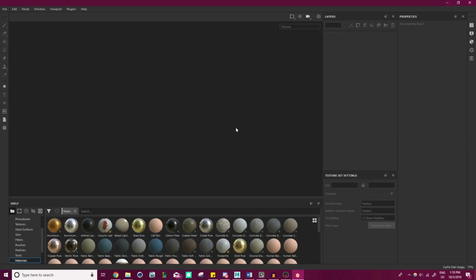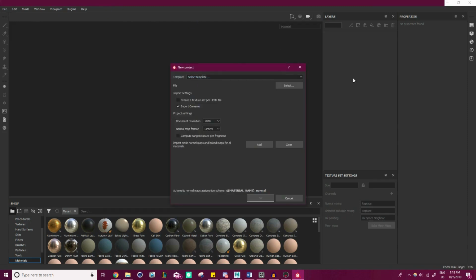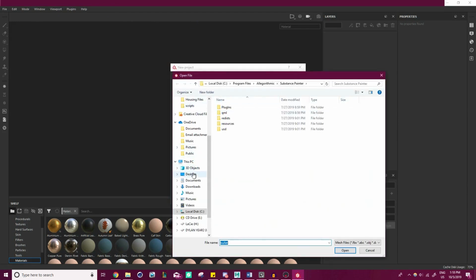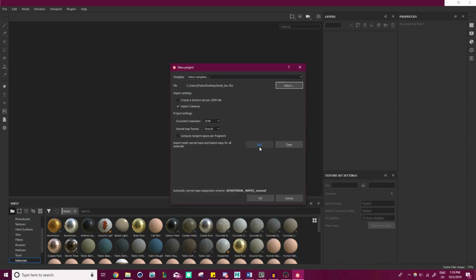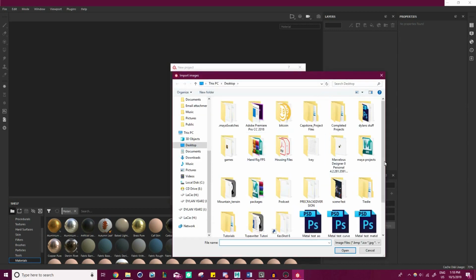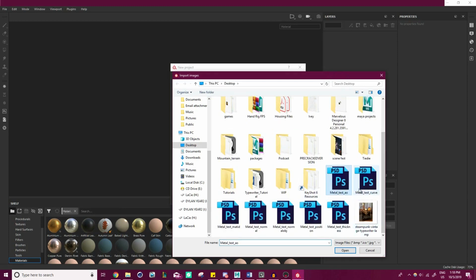Okay, so it seems like we're good to go here. I'm just going to go to File, New, and wait for this to pop up. Not responding. Interesting. Substance Painter is definitely a bit of a heavy program when it comes to its demands, but essentially all we have to do is select, for this first one, just our metal low, and then we're going to be adding in all of our maps. Open those up,